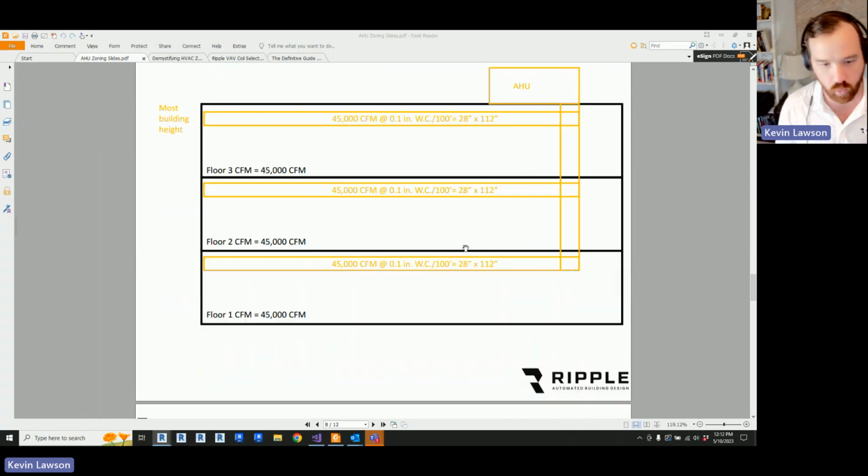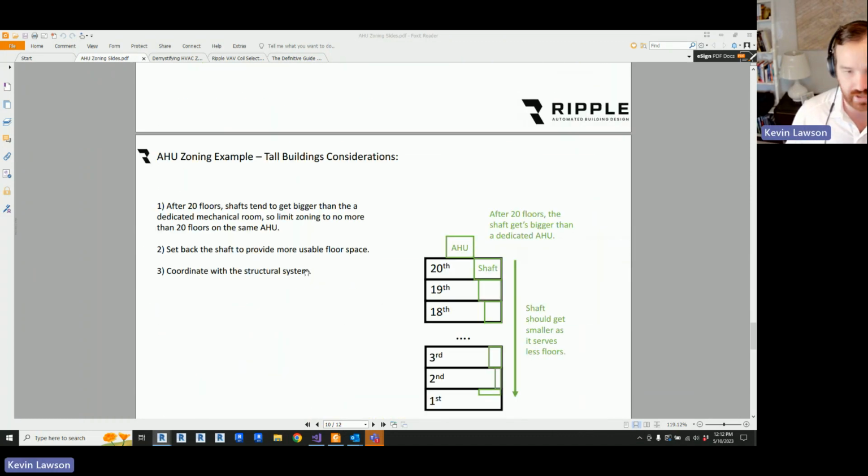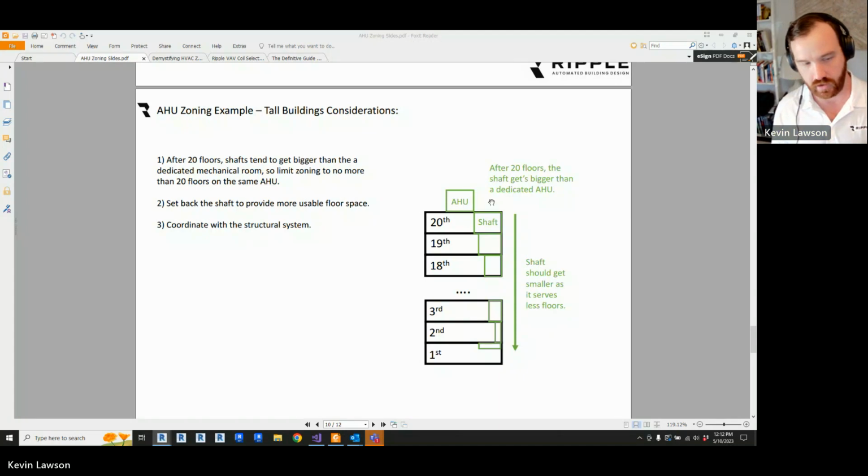And the reason we limit it to 20 floors, when you're considering extremely tall buildings, is as that shaft serves more and more floors, that shaft gets so big that it might be larger than an air handling unit altogether. So after 20 floors, the shaft starts to become bigger than the mechanical room. You've got a problem. Now, this normally doesn't happen, but another thing you could do is as the shaft goes down floors and less airflow,